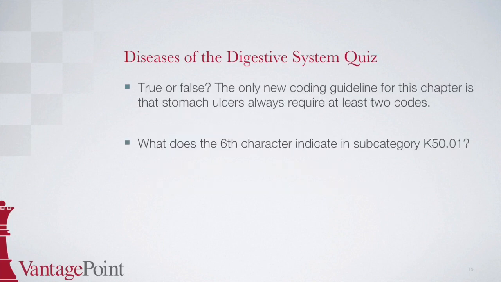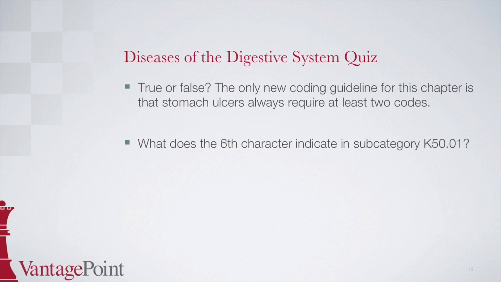Now it's time for our quiz. Our first question is true or false. The only new coding guideline for this chapter is that stomach ulcers always require at least 2 codes. The second question is what does the 6th character indicate in category K50.01? You can pause the webinar to write down your answers and then hit play to find out if you were